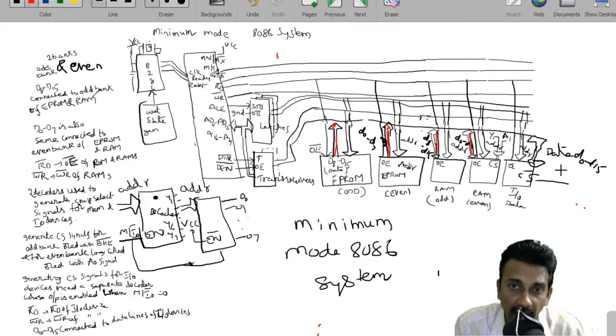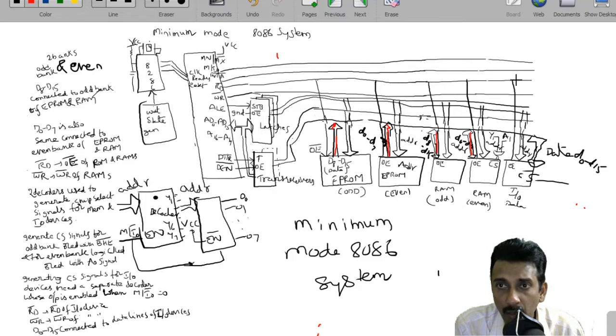So to transfer the data, either the lower byte or the higher byte, it is obviously connected to the transceivers, but we may separate it for our convenience to read either as an odd bank or an even bank for the EPROM, the RAM and the IO devices. Now the RD bar is connected to the OE bar, output enable, of the memory devices. Every EPROM, RAM and IO device has the OE bar signal.